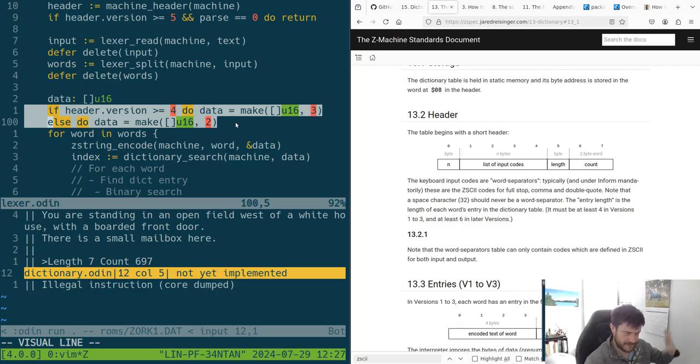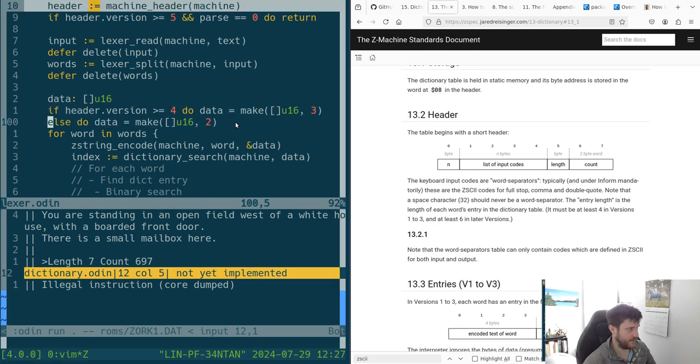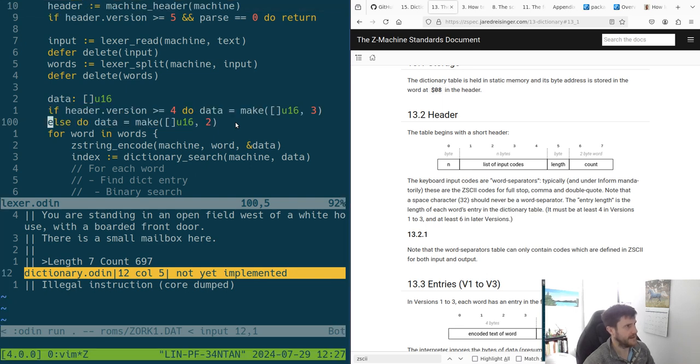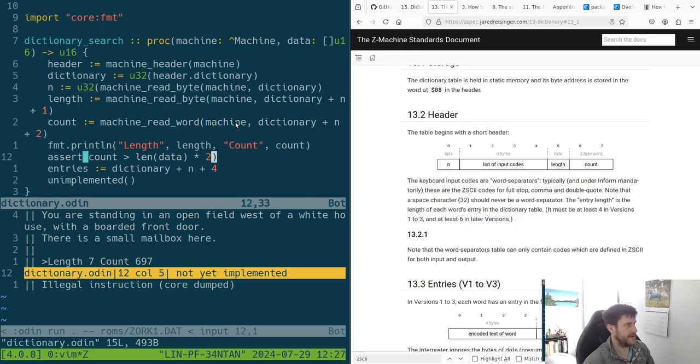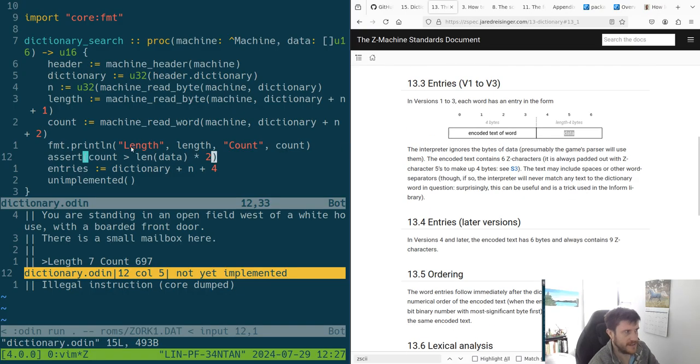I made it maybe a bit complicated by having words, but that's all right. Cool. There we go. So now that we've got the address for the entries,